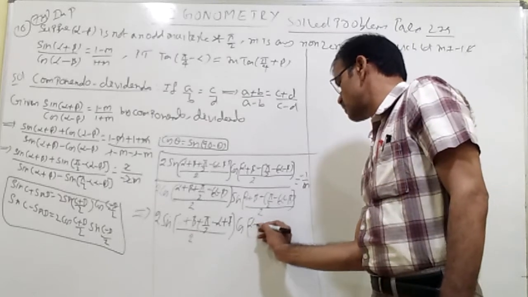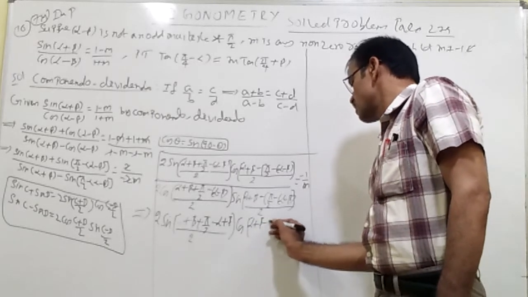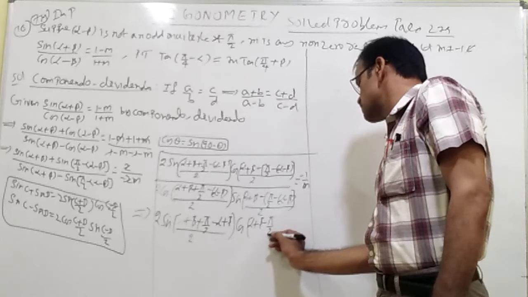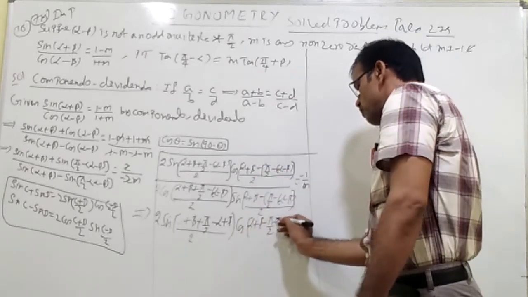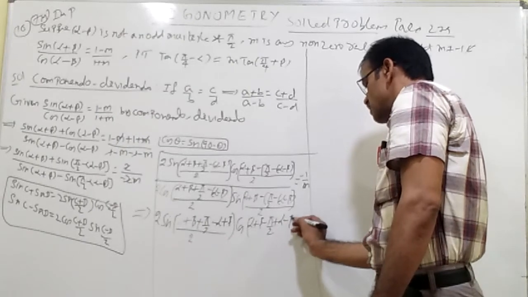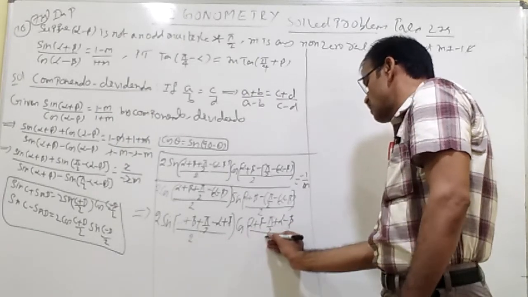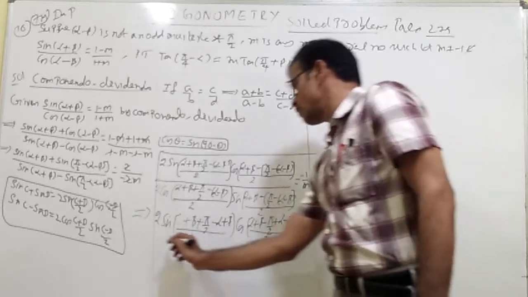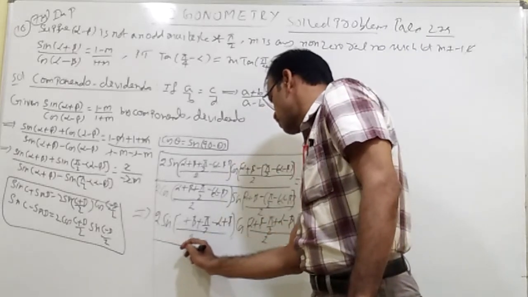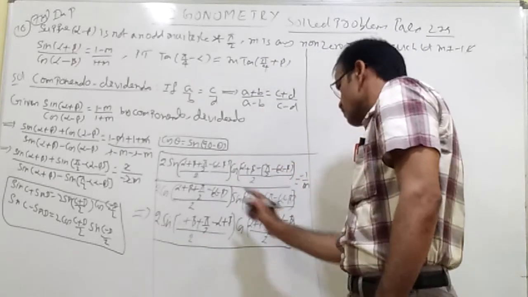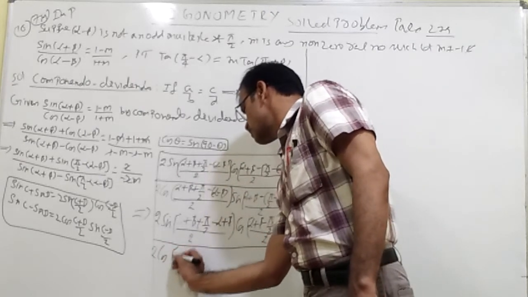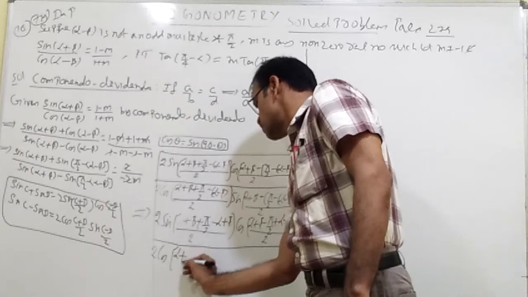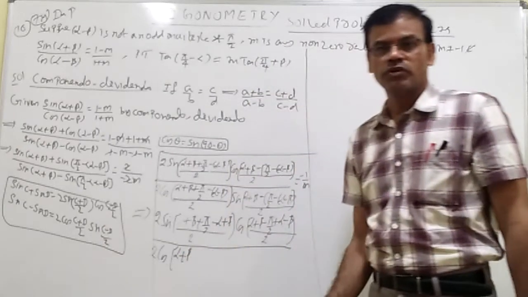In a similar way, this one also you should write like this: alpha plus beta minus pi by 2. This minus and minus becomes plus, so plus alpha minus beta here. There will be no change for the beta symbol. Whole by 2, whatever terms we have applied, whatever sum we had written, as it is you should write the letters and take the symbols as it is: 2 cos of alpha plus beta. No need to get confused.